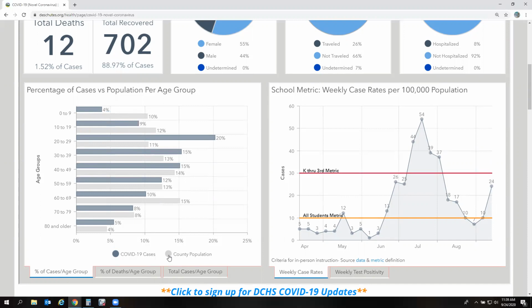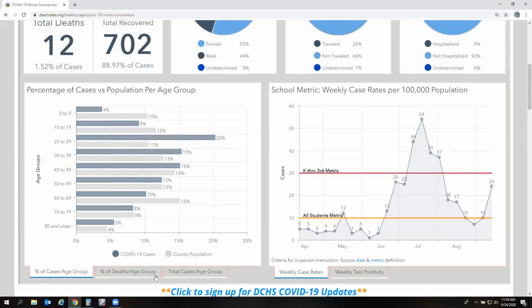So really the two combined gives you a great idea of which age groups are being disproportionately affected by COVID compared to the population in general. A great example of that are these 20 to 29-year-olds, where 20% of our COVID cases were age 20 to 29, but only 11% of our county's population is age 20 to 29. So that gives you an idea that age group is being affected by COVID disproportionately more. That's a great place to look if you want to get a sense of age group breakdowns for our cases